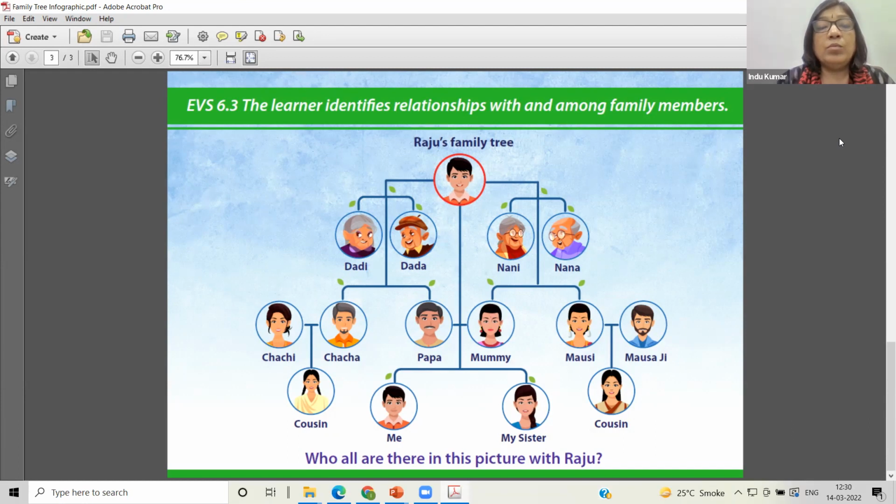That is why all the relations are not shown through one single flow diagram or infographic. We needed to create three infographics to show all the relationships within and among family members, adhering to the constitutional norms which we need to take care of. So that is it. Now let us move on to another one.